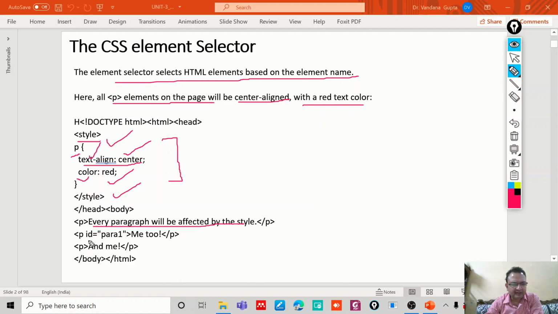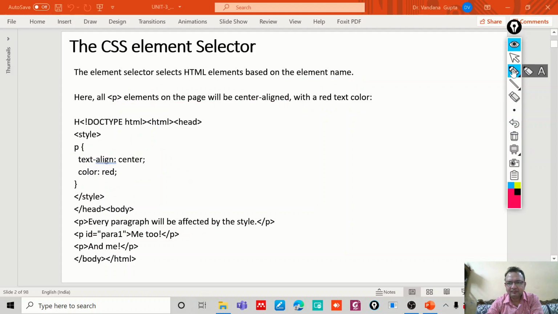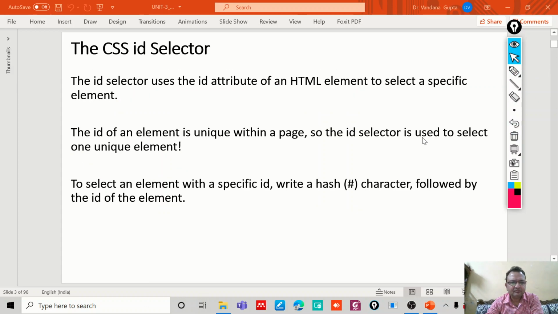I am using another paragraph here in which I am providing an ID. I can provide an ID to each and every element, and that ID has to be unique for different HTML elements. So we can also select the HTML elements based upon the ID.